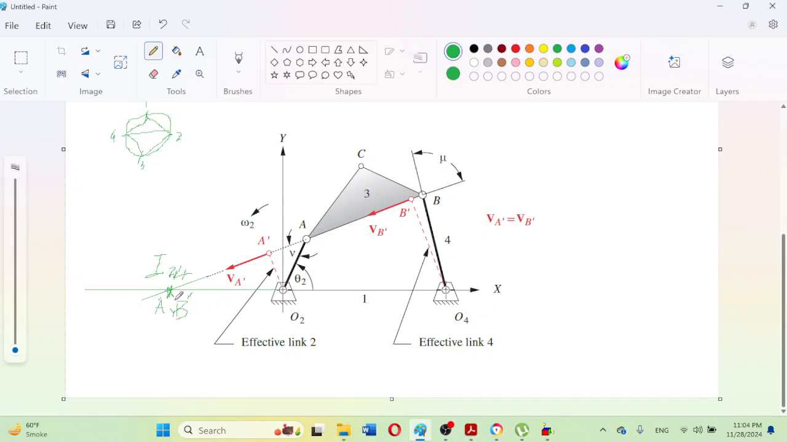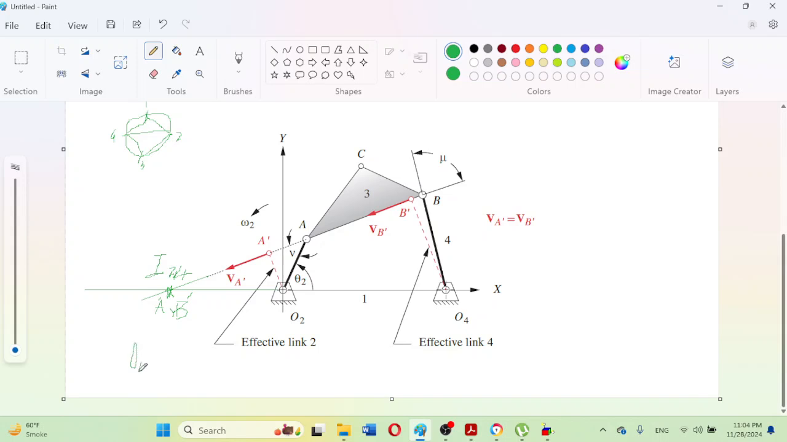So A dash and B dash points, which were shown here, are now coincident at instance 2,4. So this is the effective link O to A dash, and the effective link O for B dash is the sum of O to A dash plus this grounded distance, because O to O4 is the practical or physical fabricated grounded link. So we can just write it here that